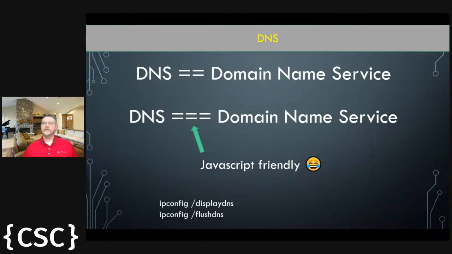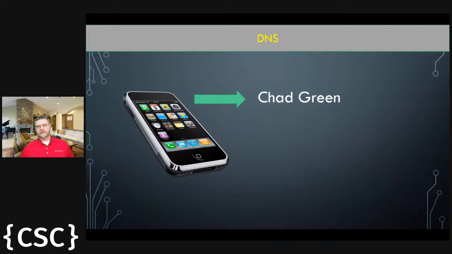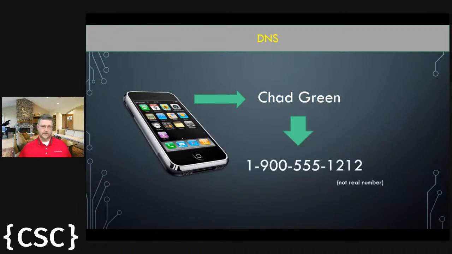So the first analogy that I have is, imagine on your phone you're going to pull up a friend. For me and Michael, he may know Chad Green. He runs multiple user groups over in Louisville, Kentucky. My first presentation of this talk was actually to his group, so it was easy to put his name in there. When I don't know Chad's number, I know I have Chad's number, I just don't know what it is, because my phone has it, and that's a little phone book for me. So I have a name, such as that domain name, but I need to get it translated to an actual address, such as a phone number.